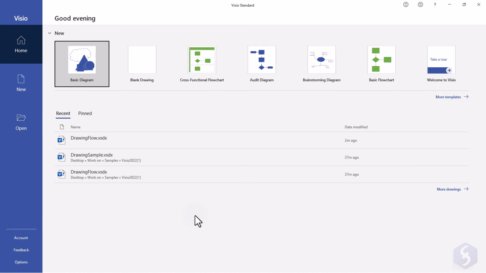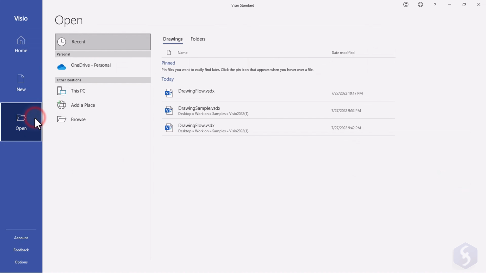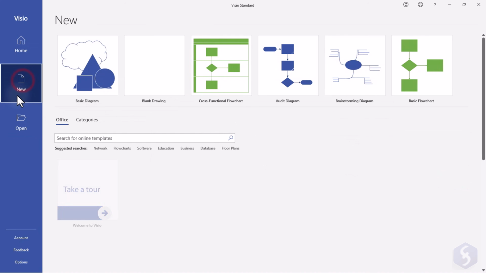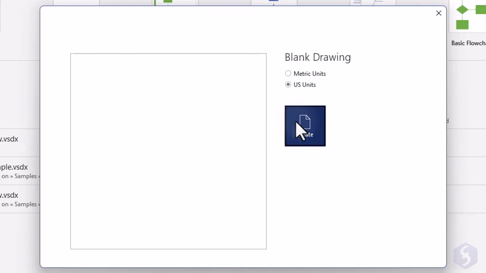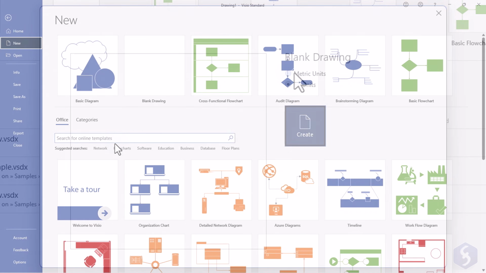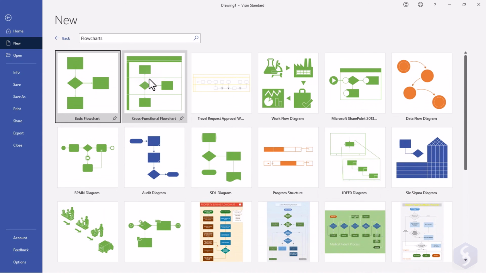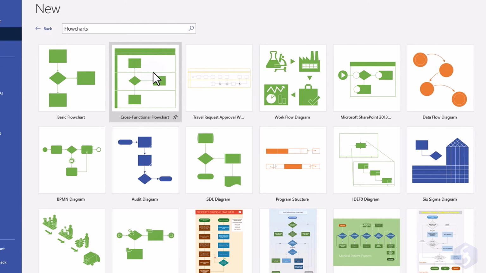As you open Visio, the Startup page opens with several options to start working. Under Home, you find all your most recent projects. Switch to Open to browse for specific projects and to New to start from a new one. Choose Blank Drawing to start from a blank document, or pick any ready template, selecting the correct units between metric